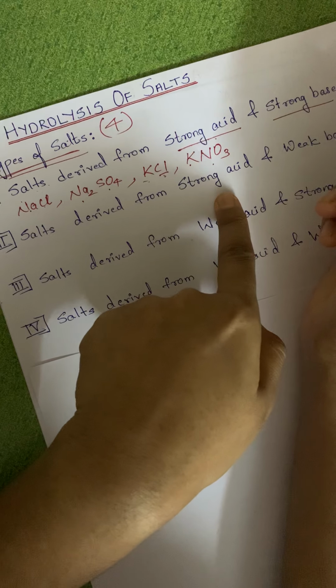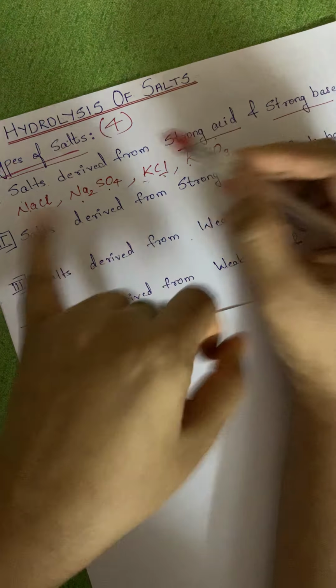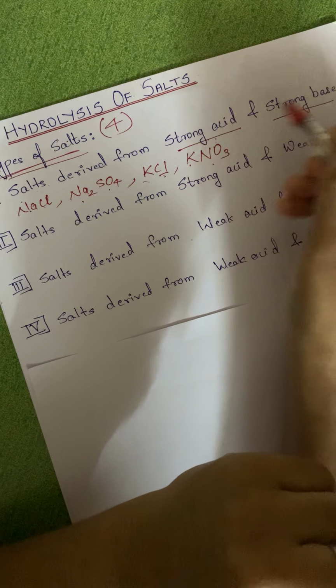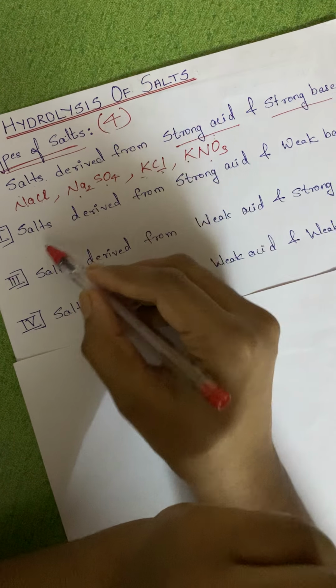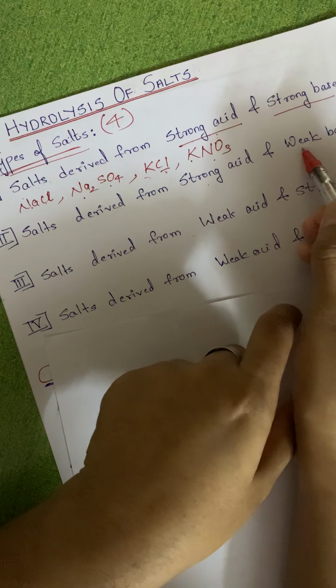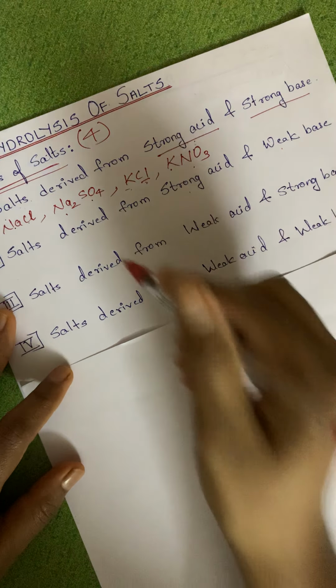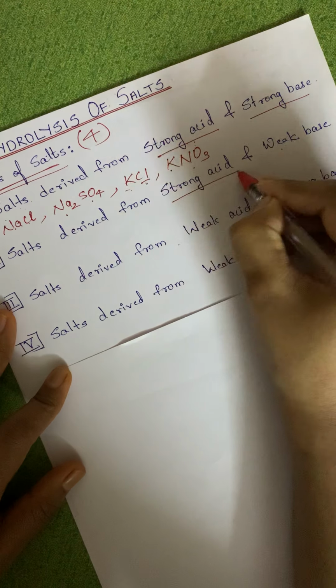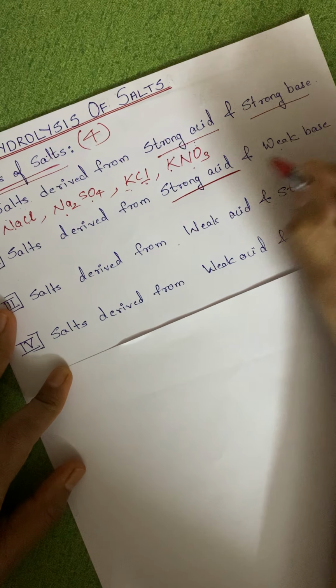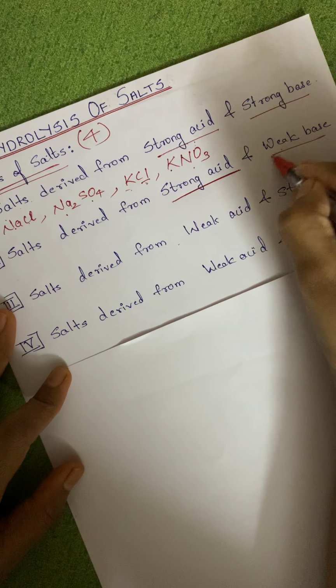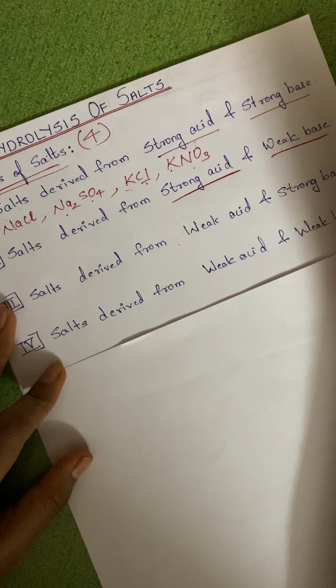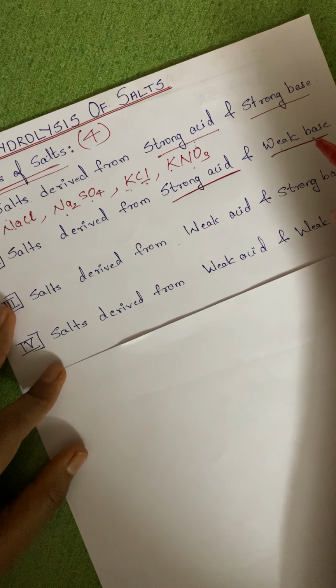Now, this is one type, salt derived from strong acid and strong base. Next will be salt derived from strong acid and weak base. Now some examples over here. Remember, the salt is derived from strong acid and weak base. So here some examples are